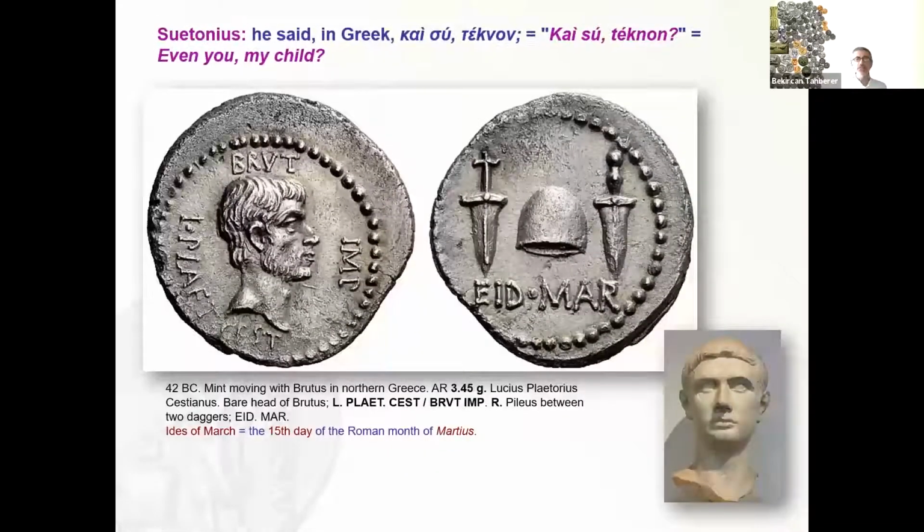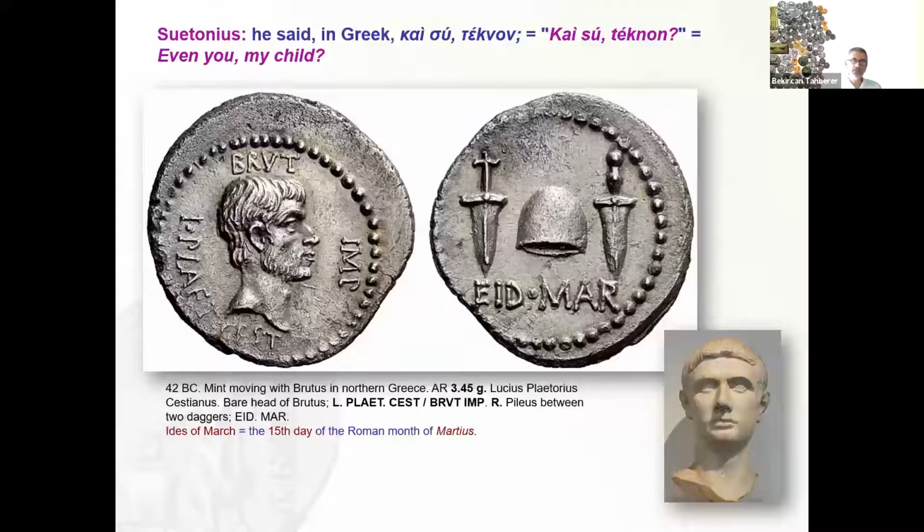And guess who put his own portrait on a coin when he was so angry to see Julius Caesar had his likeness on the coin. In 42 BC, with a mint moving with Brutus in North Greece, he struck these famous denarii